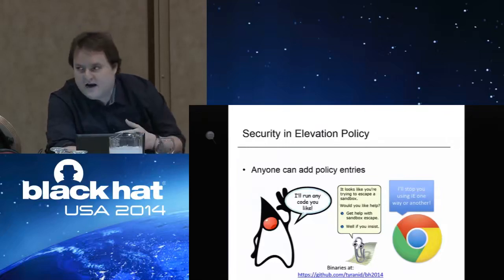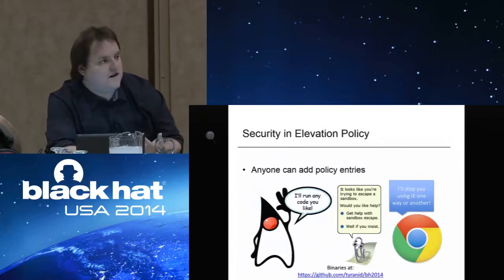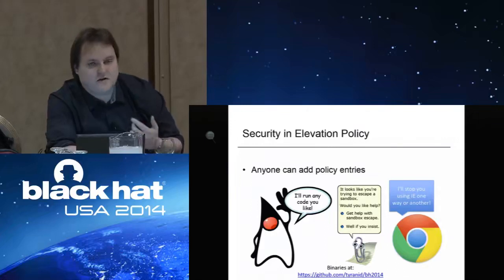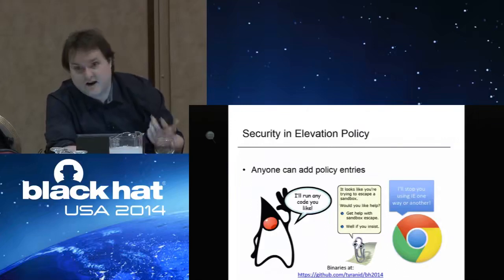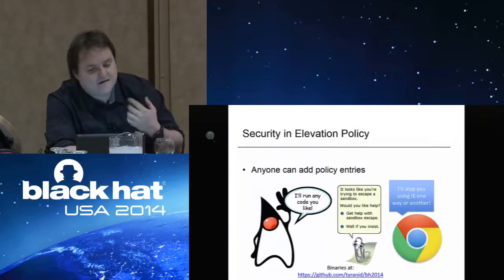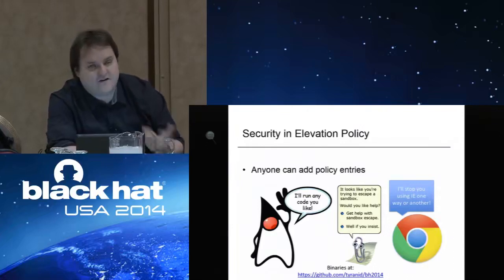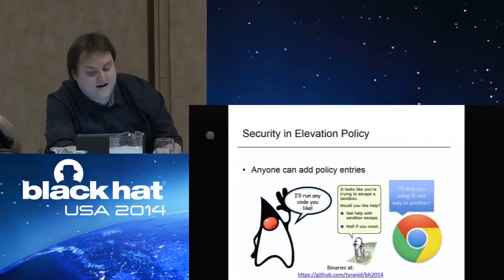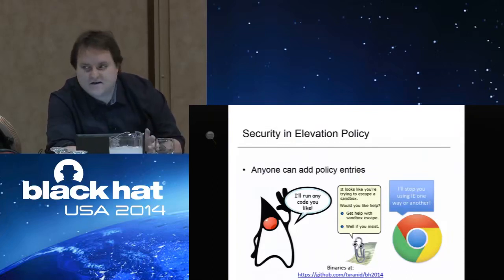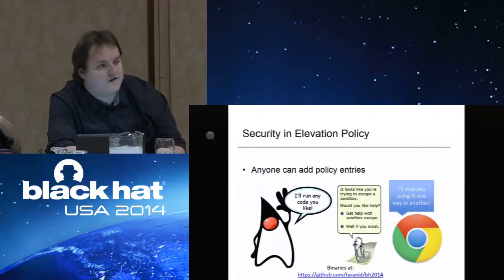So now I started to go more into the actual guts of Internet Explorer and some of the actual features of the sandbox itself, to see if I can break it that way. The easiest one to go after at this point is the elevation policy. The elevation policy is there to effectively circumvent the sandbox, and that's how it's built in. And the security is effectively only as secure as the worst third-party piece of code which you're going to install